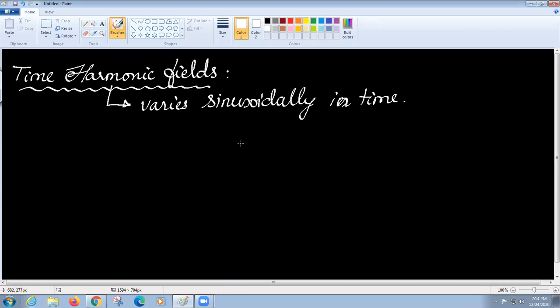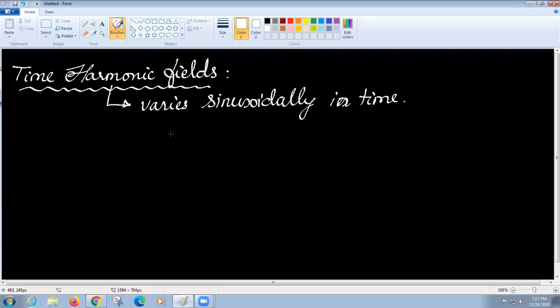So to be specific, we shall assume that the fields are time harmonic, means they are varying sinusoidally in time. Now the sinusoidal analysis is not only of practical value of interest, it can be extended to most